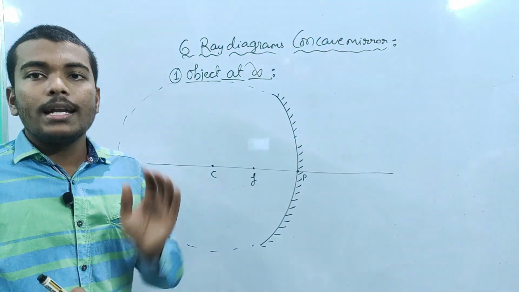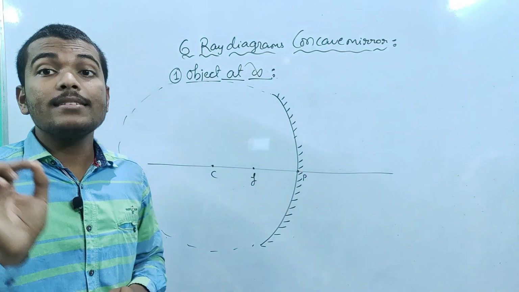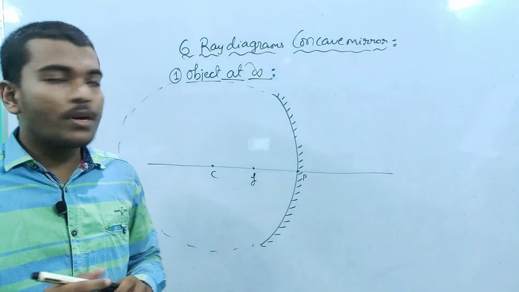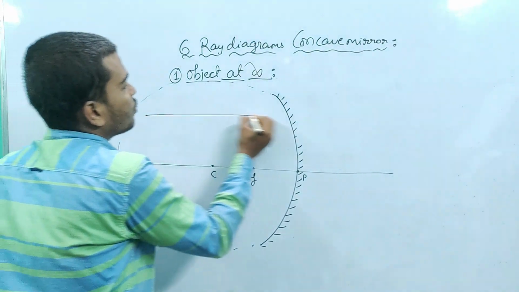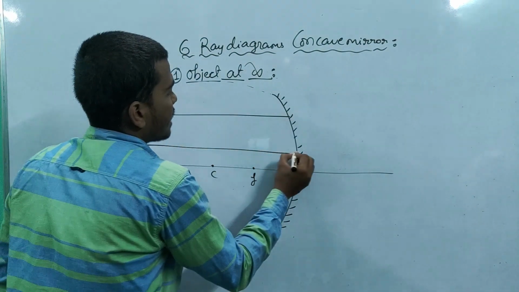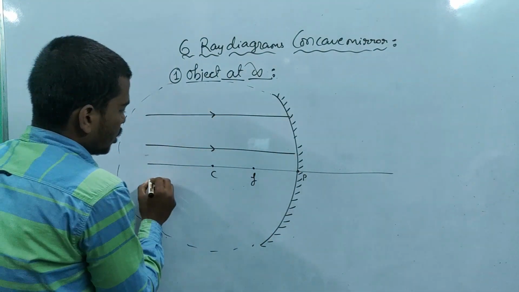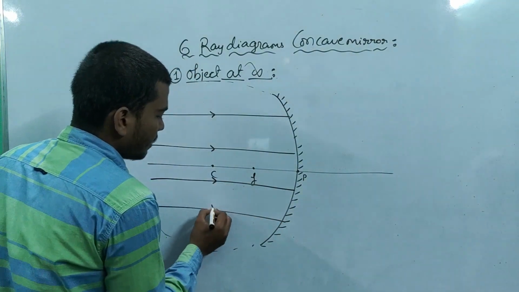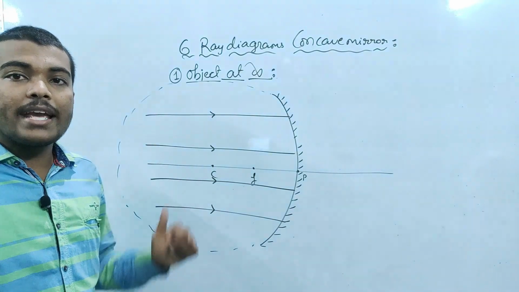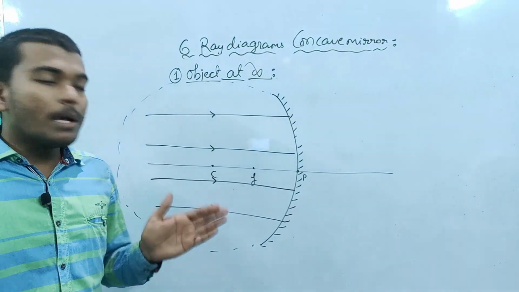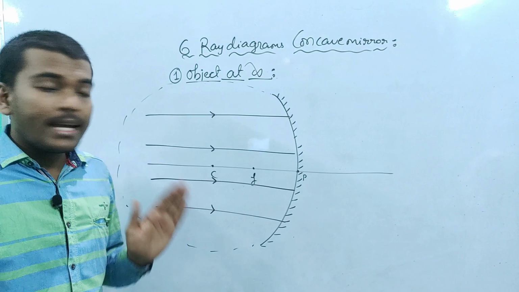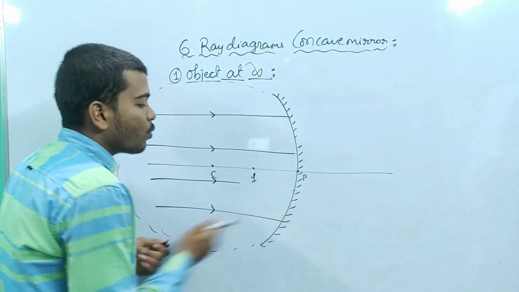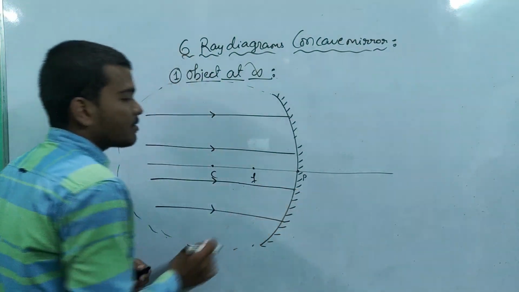Now what we will do, now the rays coming from the object would be parallel. The rays which would come from infinity would be parallel. That is what the logic says, and we are going to draw 4 rays that are coming parallel to each other. 2 above the principal axis and 2 below the principal axis. Now you will tell me, what are these? Now these are the rays which are coming from infinity to the mirror. They will get reflected in some ways or the other, and we are going to guess what is the reflection, where the image is formed, and what are the characteristic of the image formed.